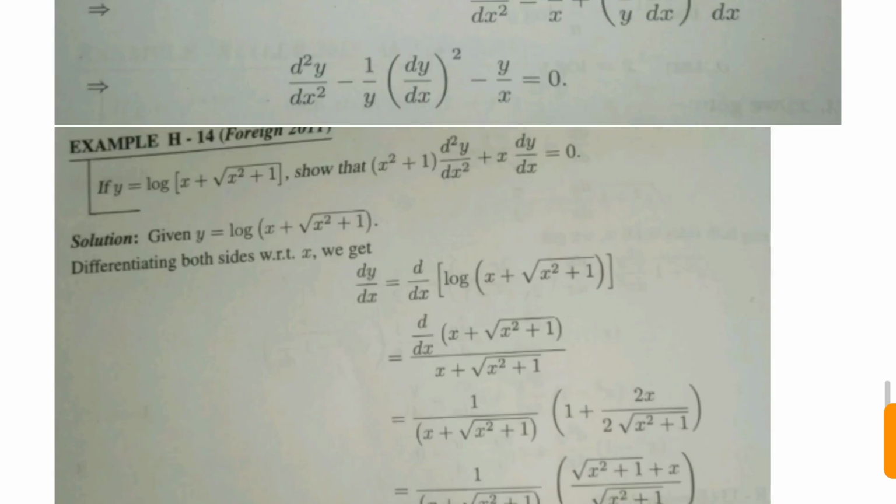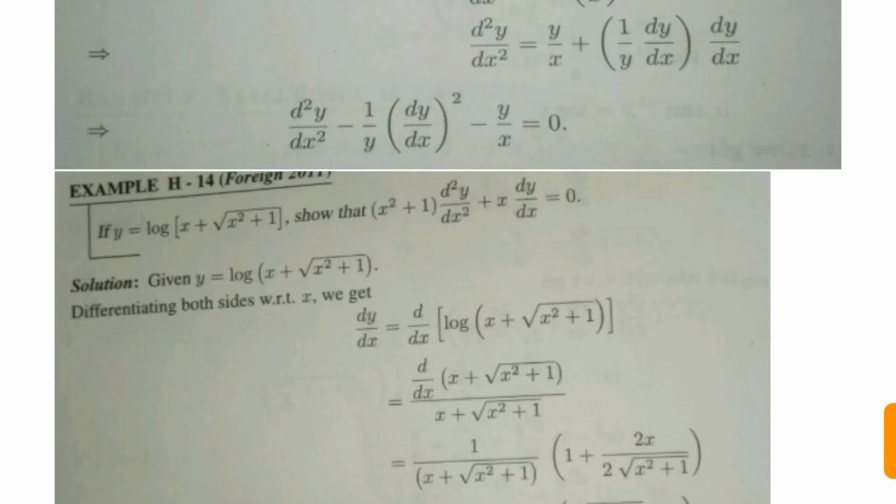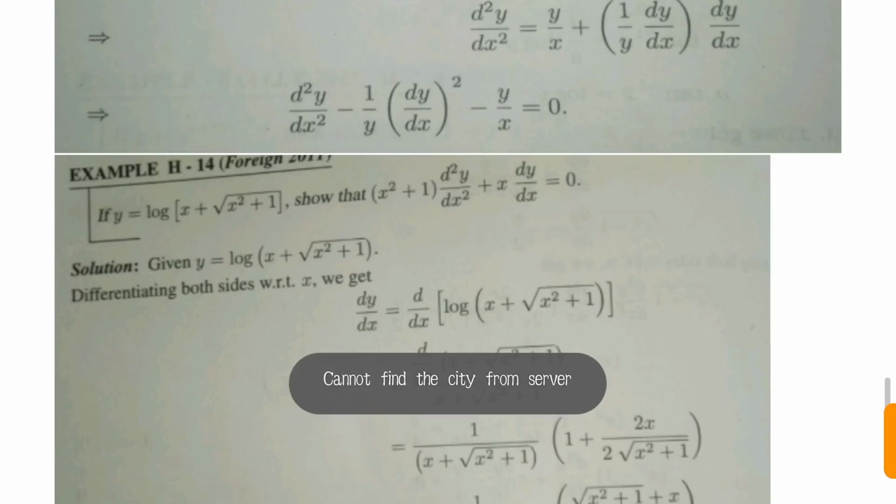Now there is another question. If y is equal to log x plus under root x square plus 1, show that x square plus 1 d2y upon dx2 plus x dy upon dx is equal to 0. Given y is equal to log x plus under root x square plus 1,